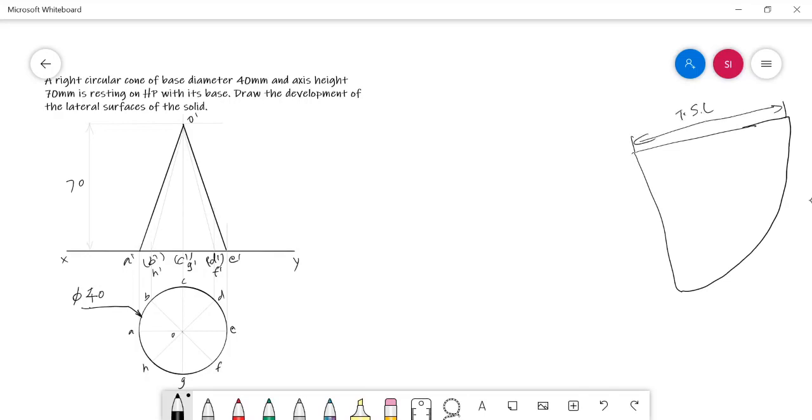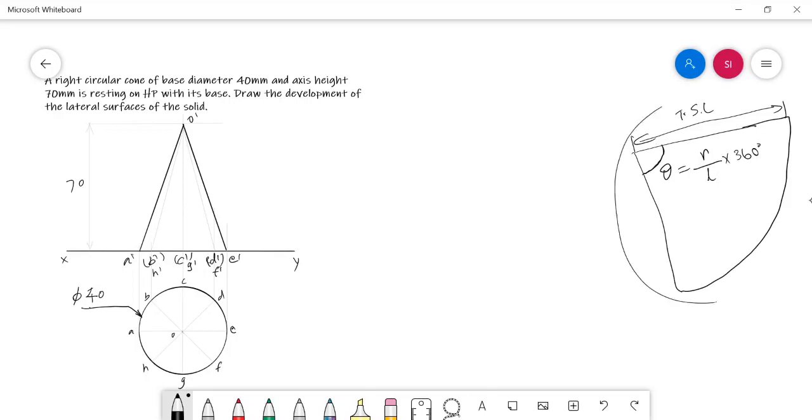true slant length of the cone, the true slant generator length of the cone, and the interior angle theta can be found by the simple formula: radius of the base circle r divided by the true slant length L, into 360 degrees. By this formula we can find the interior angle of the sector.